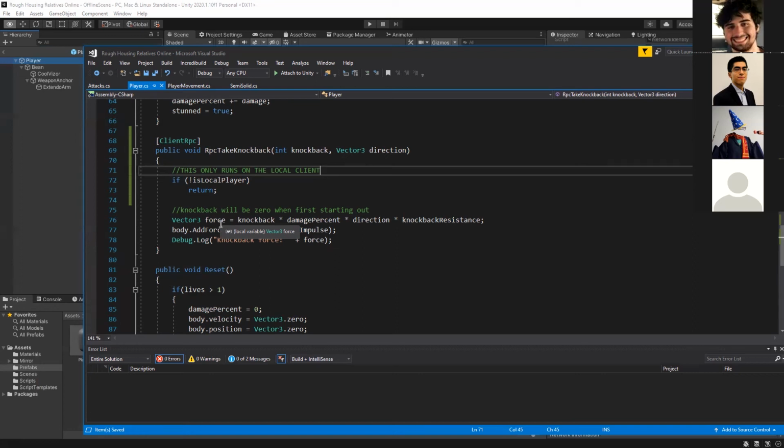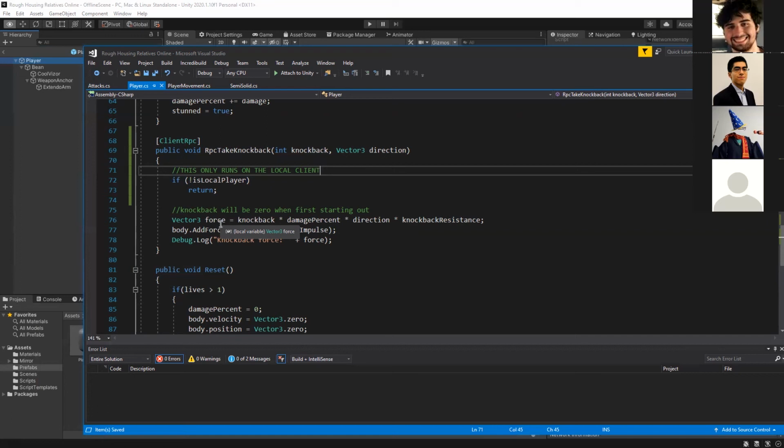But now that we're checking for this, knockback will only ever happen on your local client, which is where movement is happening. And so now if you hit someone, it's going to the server, the damage is happening on the server, but the knockback is happening on their copy, on their local player, not on yours.